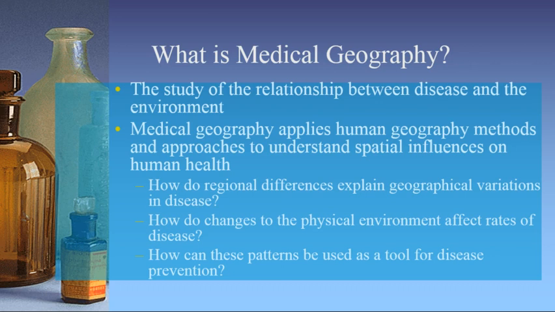So questions like how do regional differences explain geographical variations in disease? So basically, why does this area get more of this particular illness than this area? How do changes in the physical environment affect rates of disease? Is it during monsoon time? Are you going to have more incident rate of disease than you do during the dry season? And then finally, and probably the most important part, is how can you use these patterns as a tool for